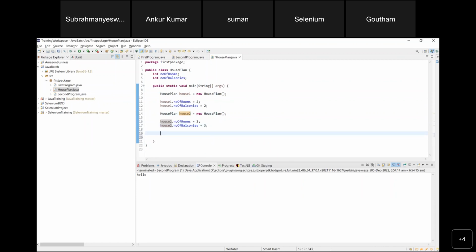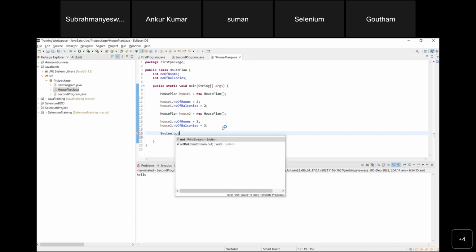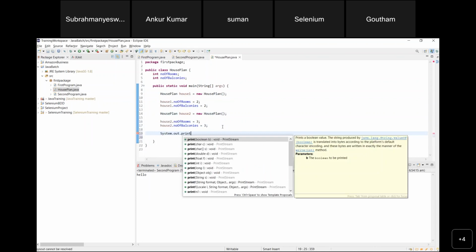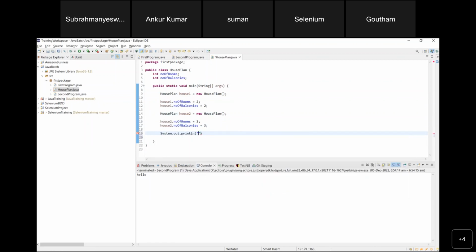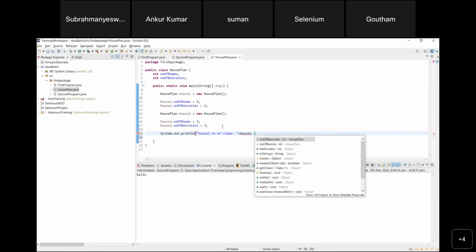Okay, now if I flip this one, System.out.println, just practice this one guys. System.out.println. Okay, house1 number of rooms plus, okay, house1 the number of